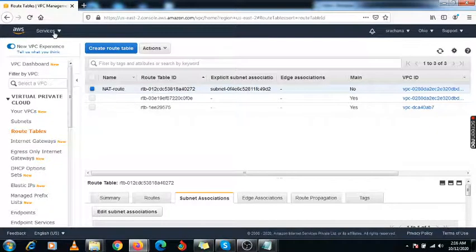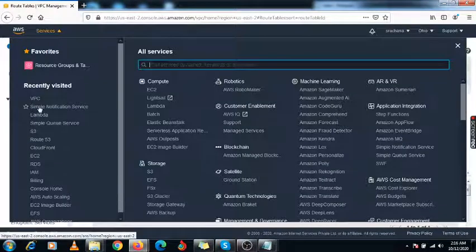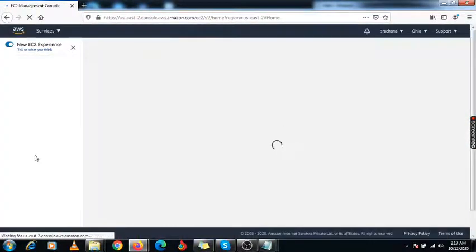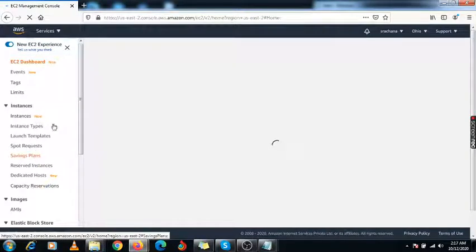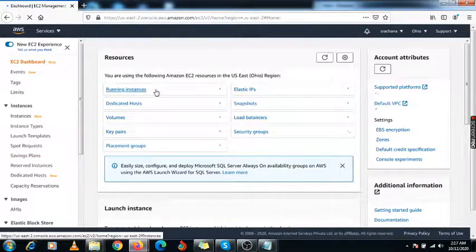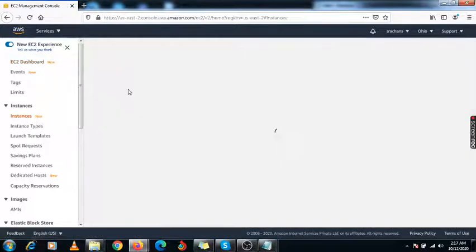Go to Services and click on EC2. Just click on Instances, Launch instance.